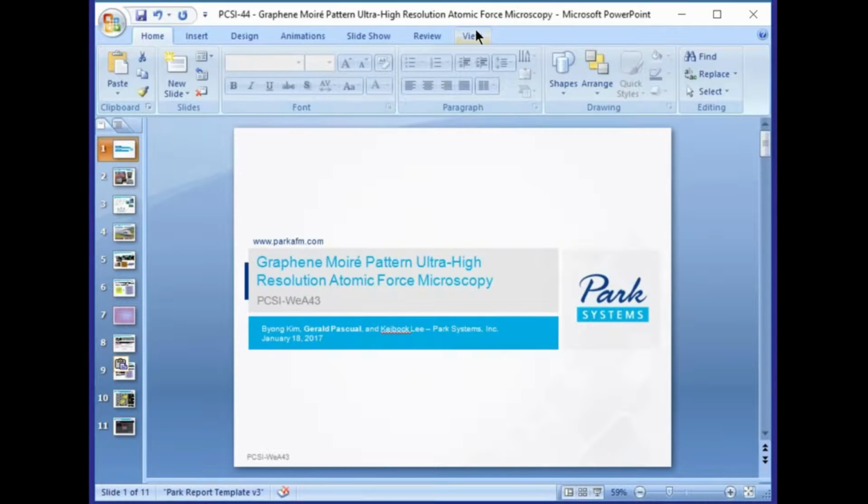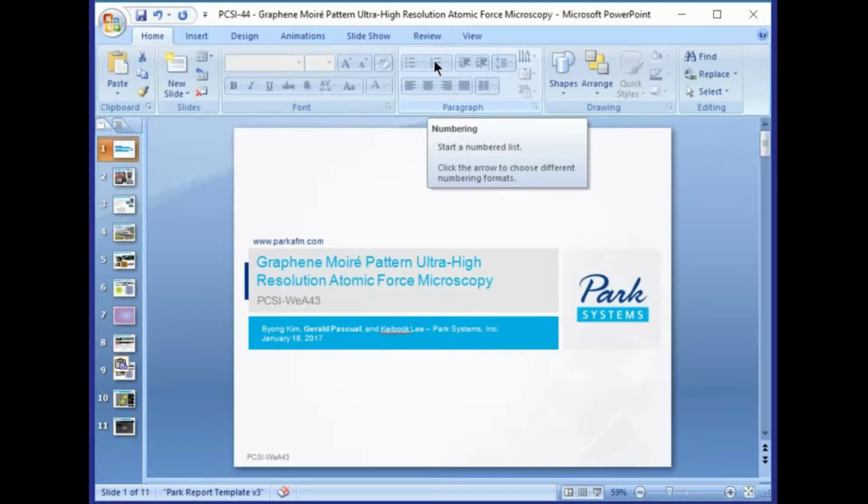We're going to be talking about the technology that went into characterizing a graphene sample that exhibited a superlattice Moiré fringe, or Moiré pattern, on the surface of the sample. I'd like to begin by going over exactly what a Moiré pattern is, since maybe some folks here aren't familiar with that surface phenomenon. Then we'll go over the technologies that went into it, specifically the atomic force microscopy system and the operation software that allowed us to characterize the topography of the graphene Moiré pattern,